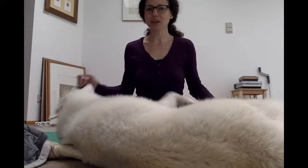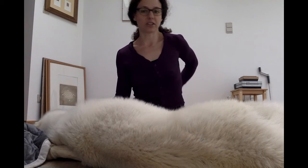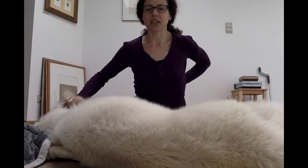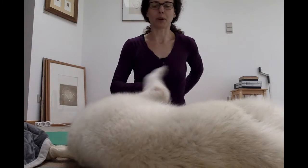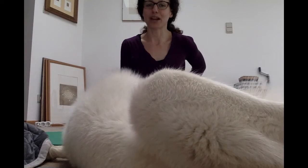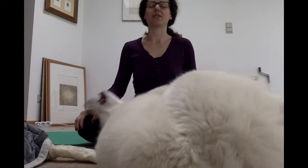If you're not sure whether or not you have a curve in the back of your spine, you can actually just reach your hand back and see if you can feel the vertebra back there. If you feel the vertebra, that means that your back is more rounded and you're not getting that curve. So you want to tilt your pelvis forward a little bit more. And again, sitting on a block or just the edge of a blanket can help do that a little more naturally for you. So I like to sit and just begin in Sukhasana,